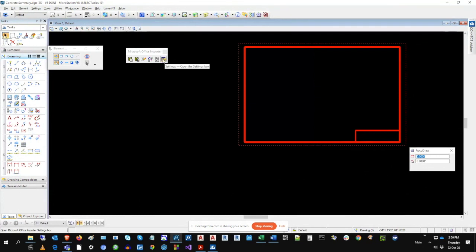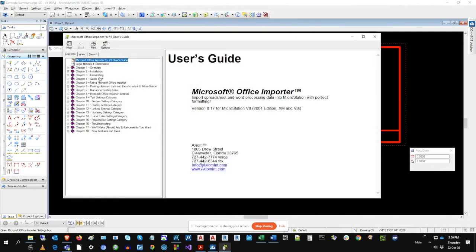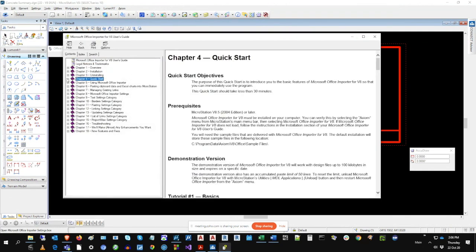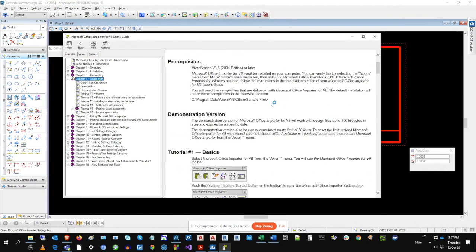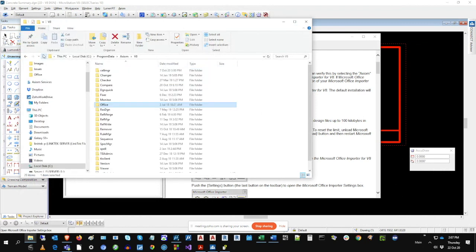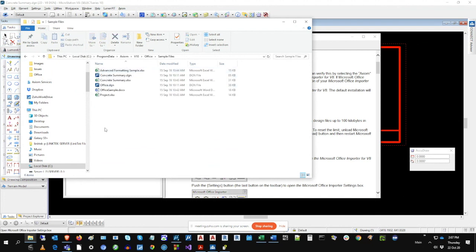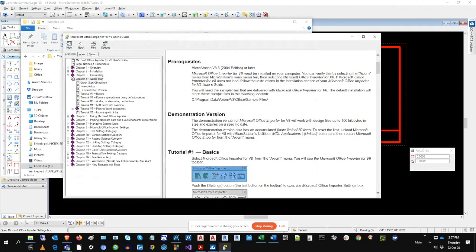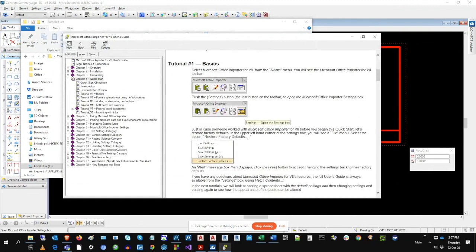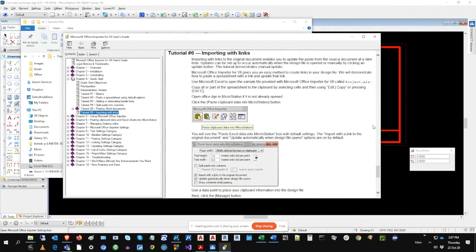So if you go to the last button, Settings, and then go Help, Contents, Quick Start. So this is the basic tutorial for the program, and it tells you where to find the sample files, which I just showed you, and that's for the V8 version. For V10 or Connect, it's the same sort of location, but instead of the V8 folder, it's V10, Office, Sample Files. And those sample files are utilized in this tutorial, and notice it's got 1, 2, 3, 4, 5, 6 different steps